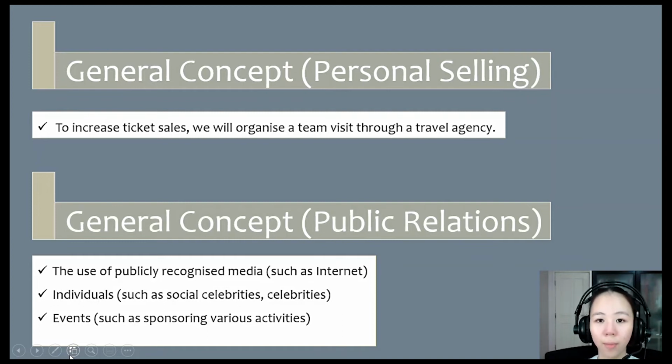The use of publicly recognized media such as internet, individuals such as social celebrities, events such as sponsoring various activities, and other methods to develop a positive company image in order to enhance sales is known as public relation. Therefore, we will invite the Chief Minister of Penang, Mr. Chong, the Director of Health, Mr. Noor Hisham, and the female singer, Miss Sheila, to serve as our